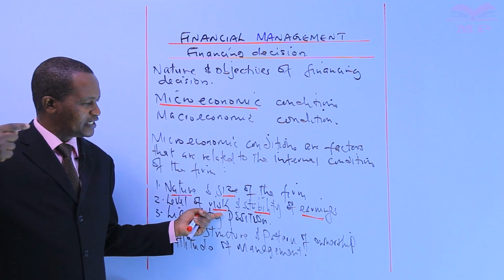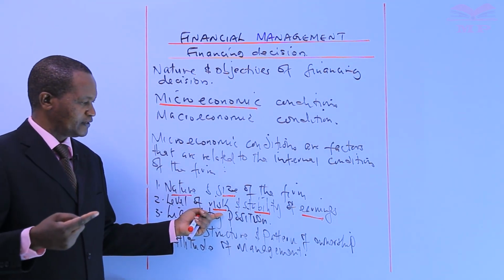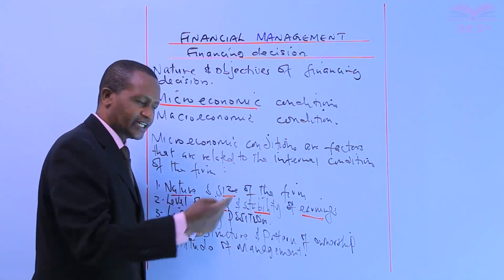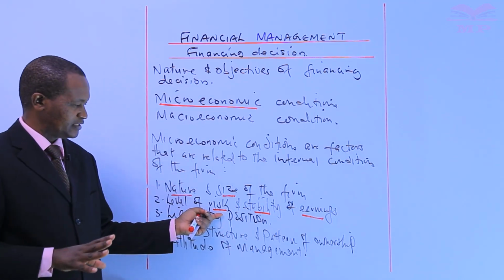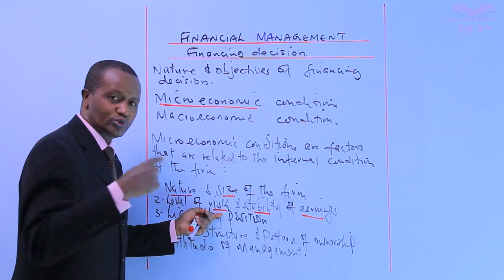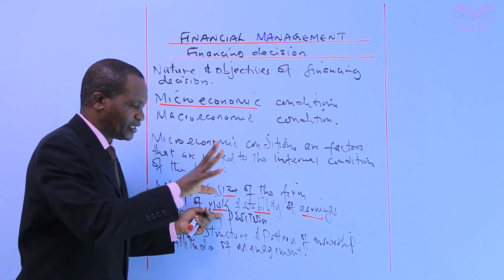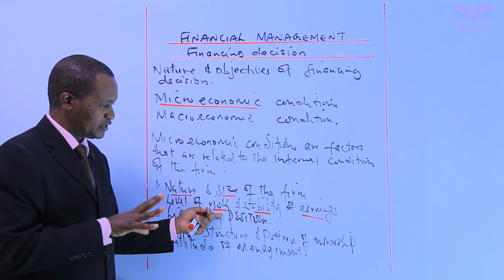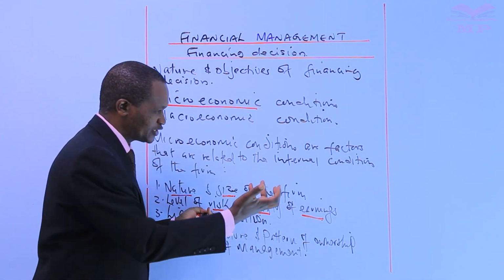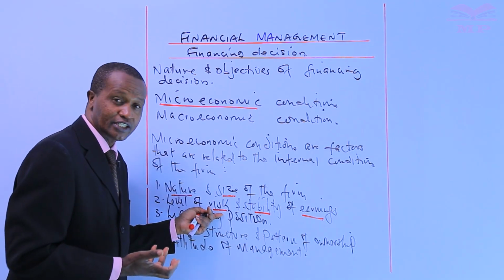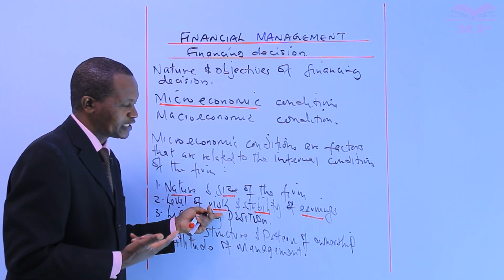A company that has unstable income is a high-risk company because of the instability in earnings. Such a company cannot easily raise money through loans or debt. And the management may go for, say, internal sources. And if a company relies on the internal sources, that means that the shareholders may not be paid, because shareholders are paid out of earnings.